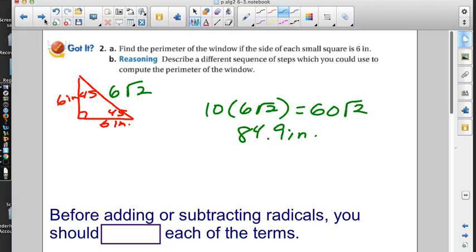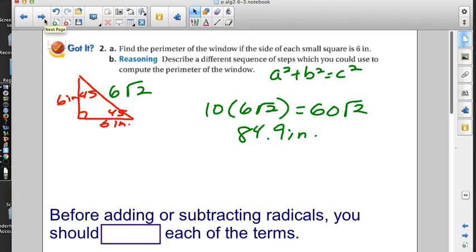And then in B, it says, you forget the special right triangles. Is there a different way you could do this? Yeah, you could use the Pythagorean theorem. So you could do a squared plus b squared equals c squared on that one. And like I said, that happens. It's planned for, it's the reason we teach a book and show you how to use the Pythagorean theorem and